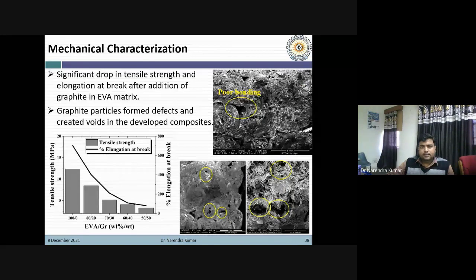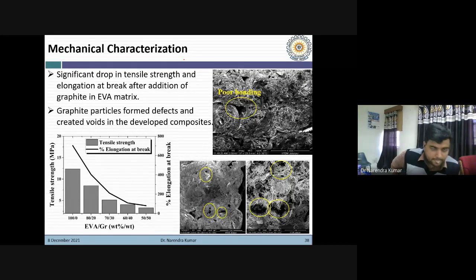And as I told you, I was not able to twist the specimens, so we went for the mechanical characterization and the structural analysis. You can see in the SEM images we found cracks like this, small holes within the structure.